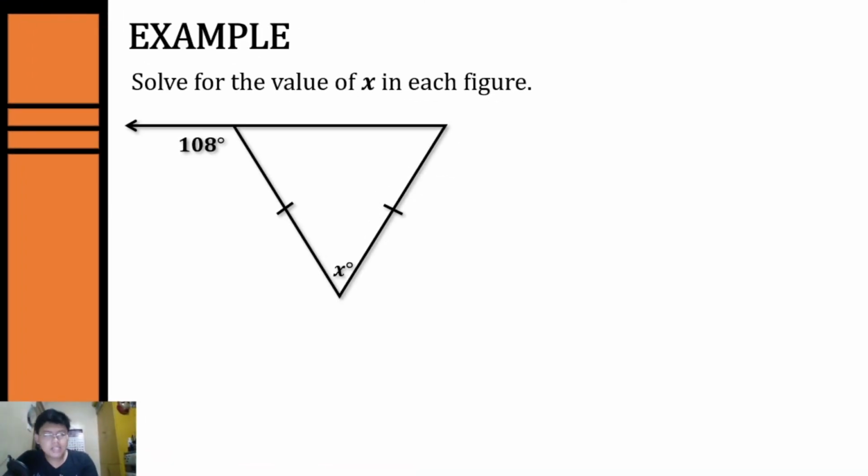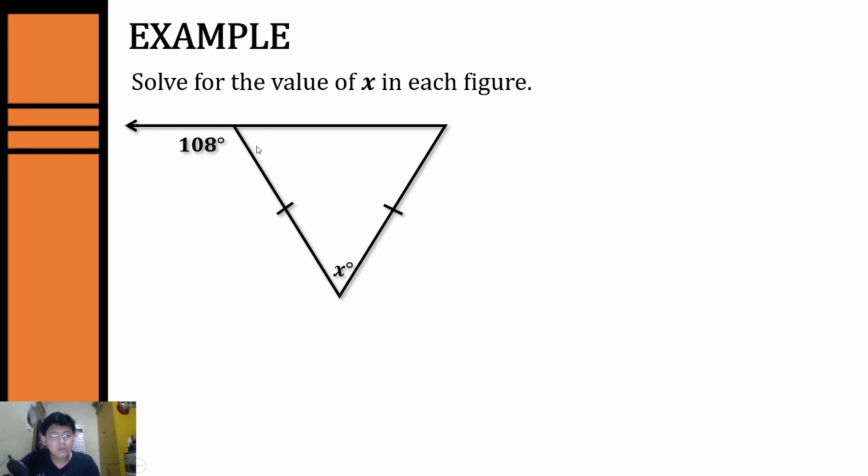Okay, so let's have our last example for today. So for example, we're going to solve for the value of x in this figure. Observing this figure, we have 108 degrees as our exterior angle. And we're solving for one of the remote interior angles of this exterior angle. Now to solve for this value of x, first we need to solve for the missing angle over here, the